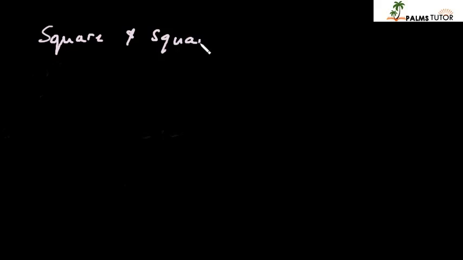In this tutorial, I will be explaining square and square root. What does it mean to square a number or find the square root of a number? Square simply means multiply a number by itself. So we have an expression like this in indices. M squared simply means multiply m by m. That's m multiplied by m.